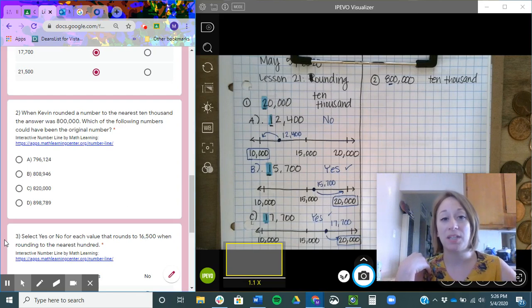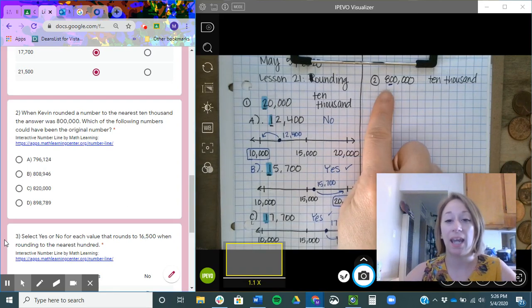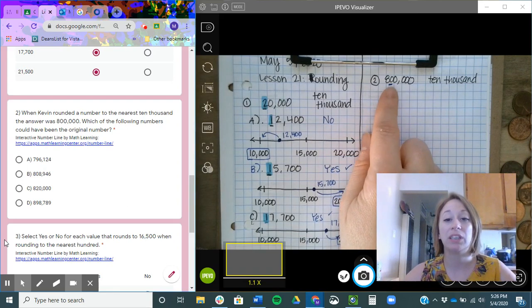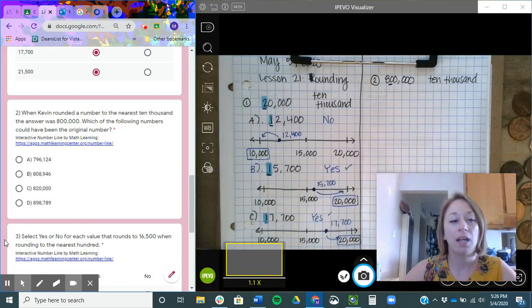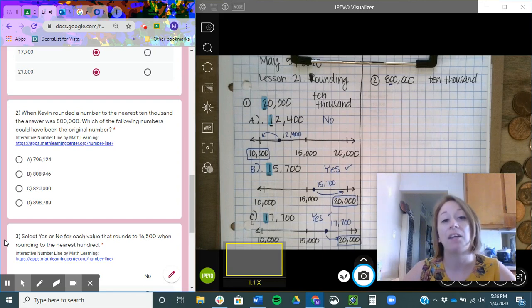So even though this number is showing 800,000, we're still going to be looking at the digit that represents the 10,000s place. Now the question's asking us to figure out which of the following numbers could have been the original number. What that means is we're going to take each of the choices and evaluate them one at a time. So choice letter A is